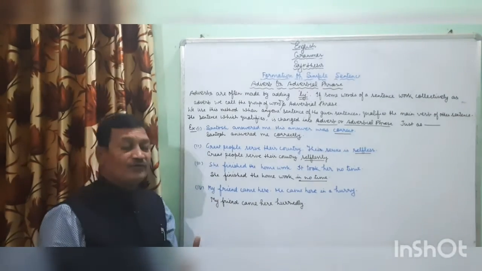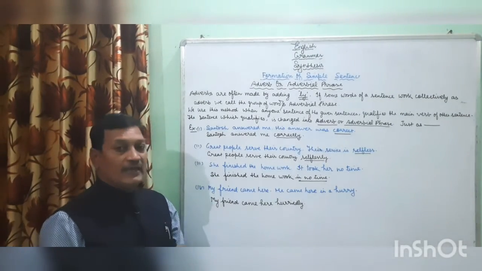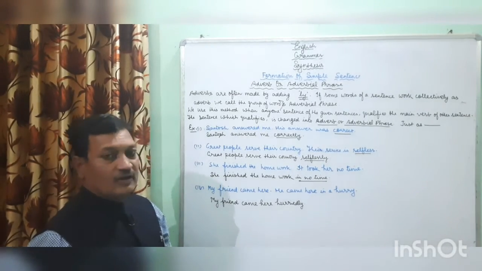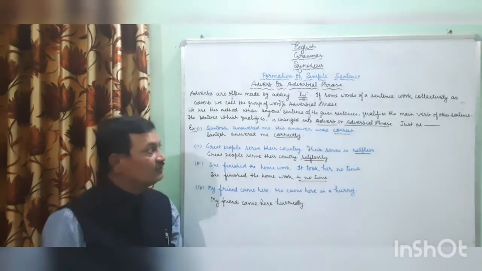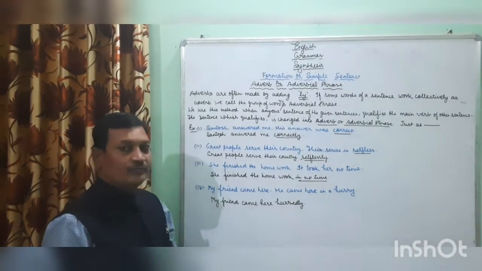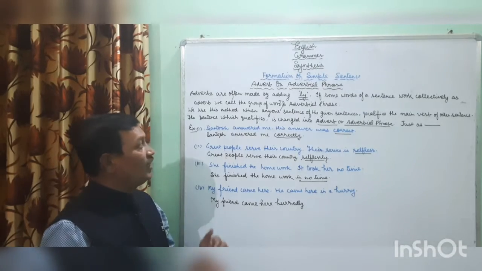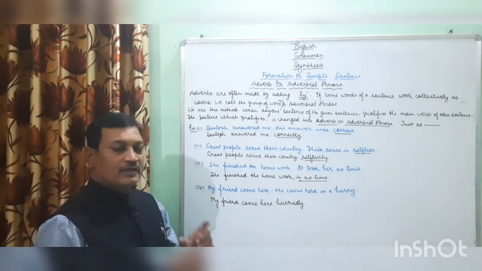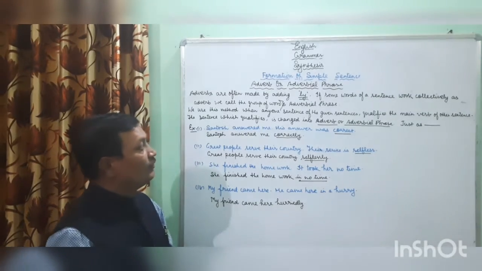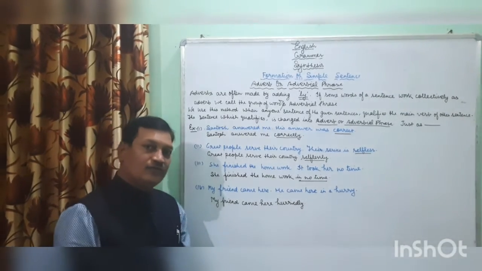Adverbs are often made by adding ly. If some words of a sentence work collectively as an adverb, we call the group of words an adverbial phrase. Okay, students,